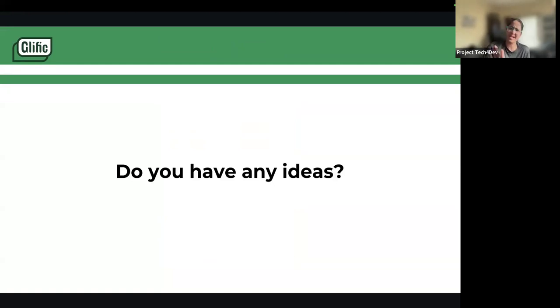Do you have any problems that you think integration can solve? So that we'll make a note of it and see if more organizations are facing this issue or more organizations can benefit from it, we'll definitely consider it in our backlog.